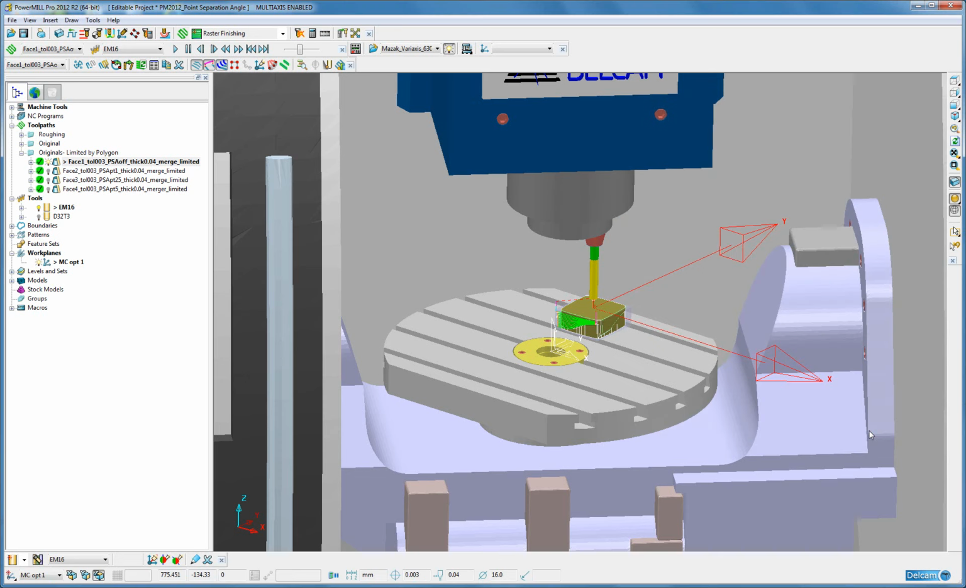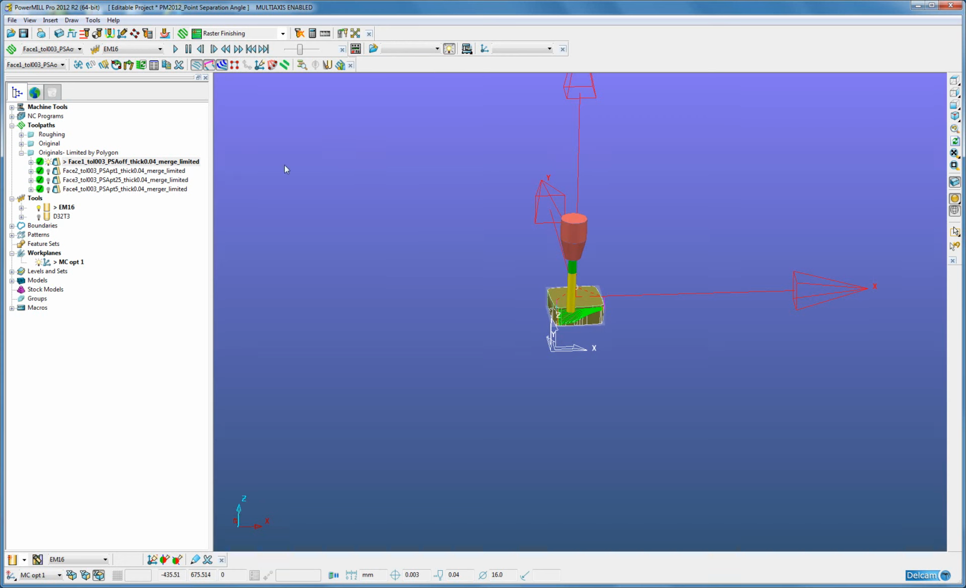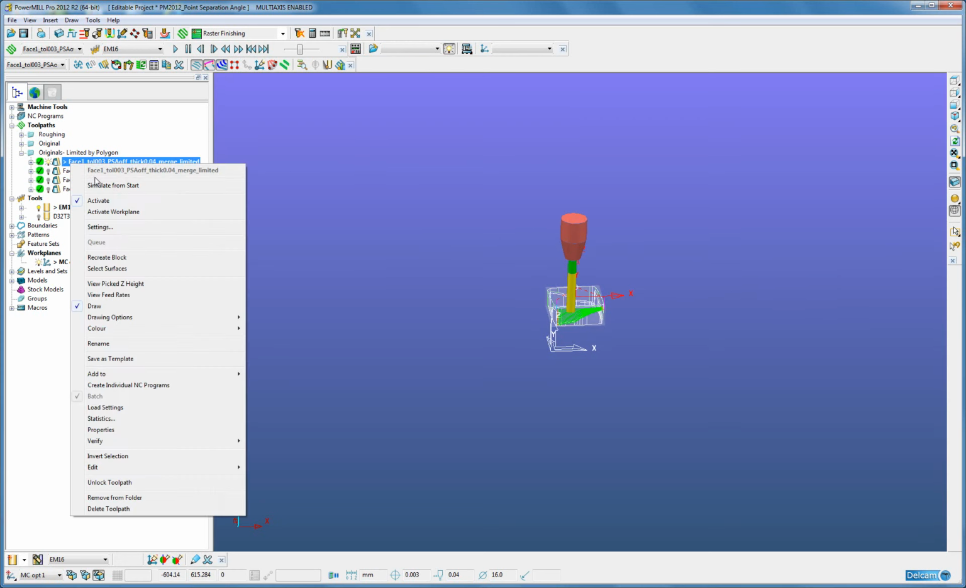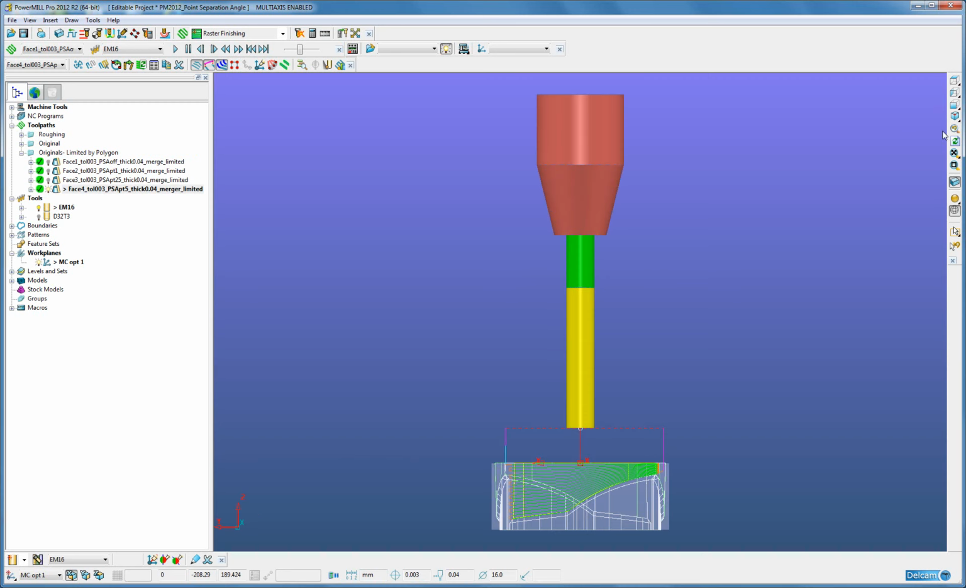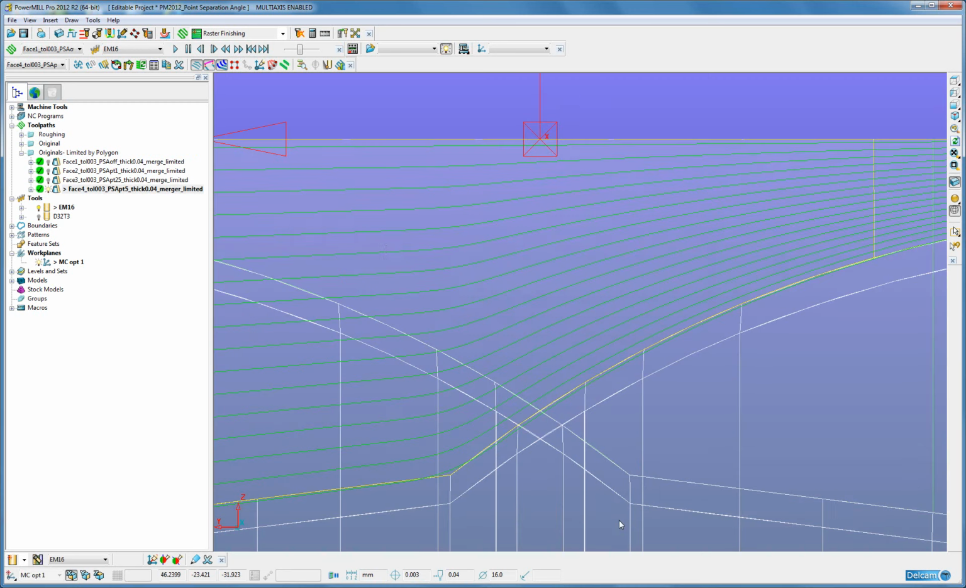I'll dismiss this form and we'll go and look at the toolpaths themselves to see how this is seen within the points. Remove the tool from being displayed and deactivate it. We will now display a toolpath on a surface which has both point separation distance and point separation angle enabled. We will see when we look at the toolpath,